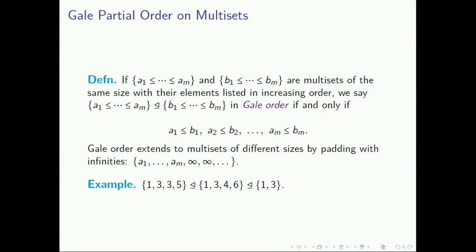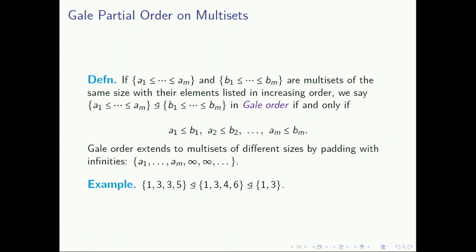All right, and we want to get something like the Ehresmann criteria. So what are we going to use for that? We're going to use this set alpha of W. Where was the first one? Where are the first two? Where are the first three? And so on. And we're going to use the Gale order, but we had to generalize it for multisets instead